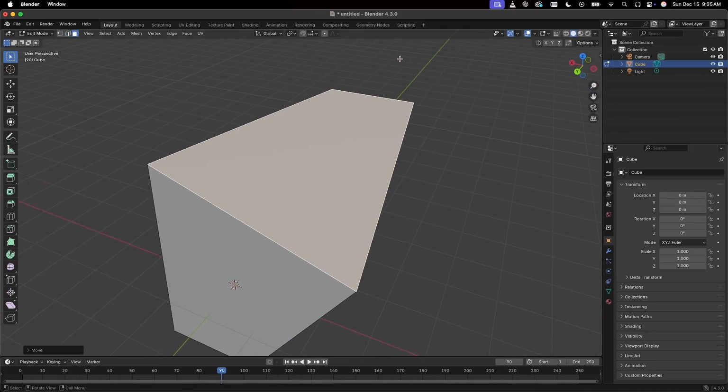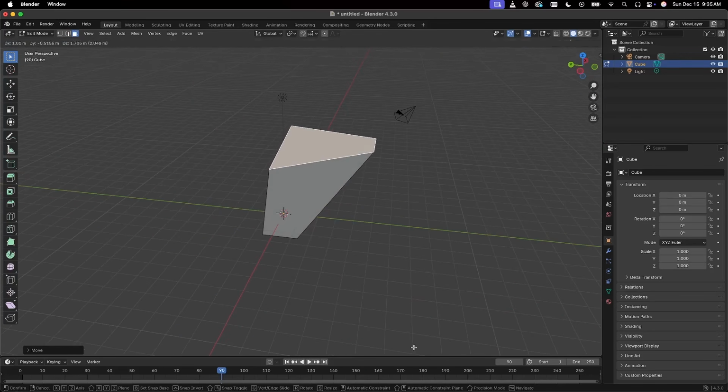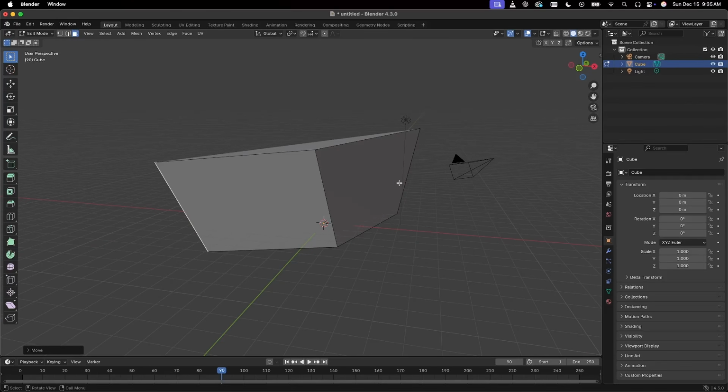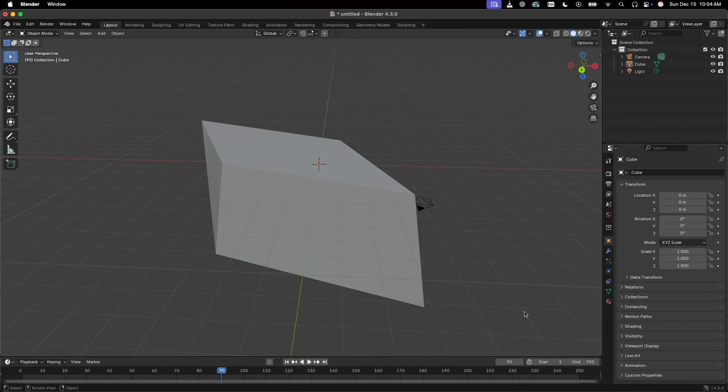If we click and hit G, we can move around each face on our cube. Cool, right? So now you know how to move around any part of your object. You're already starting to see your Blender skills improve. So imagine how far you'll get if you watch this video until the end. Let's keep going. All right, so now that you know the basics of object mode and edit mode in Blender,